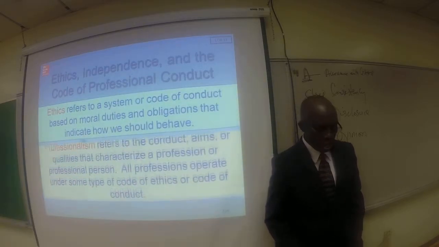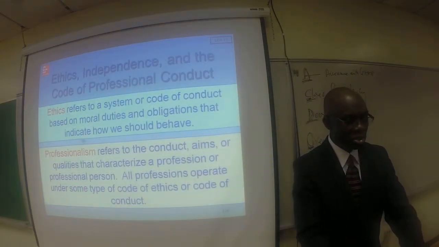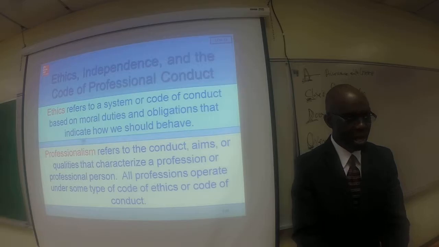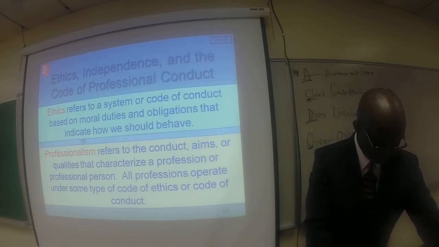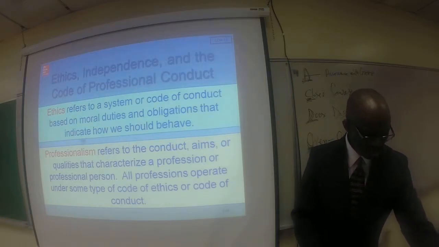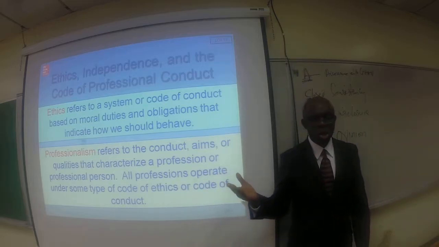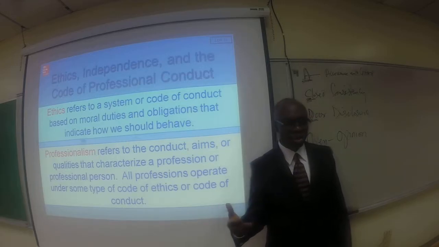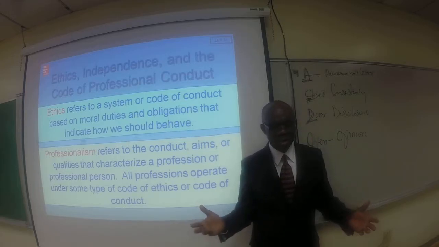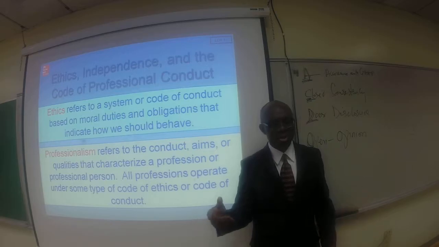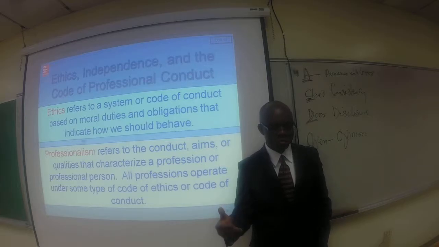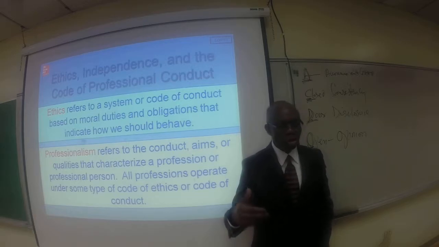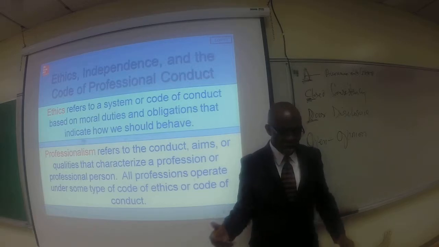Moving along, let's take a look at ethics, independence, and the code of professional conduct. So ethics refers to a system or code of conduct based on moral duties and obligations that indicate how we should behave. Here we are told that professionalism refers to the conduct, aims, or qualities that characterize a profession or professional person. All professions operate under some type of code of ethics or code of conduct. Now, what does that mean?